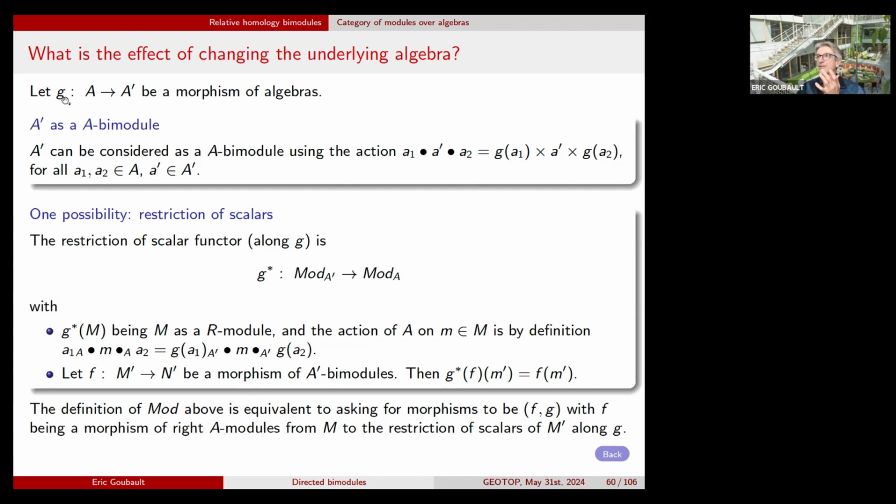And because G, of course, maps A to A prime, and M is an A prime module, you have these operations well defined in A prime, and then you can define this operation A just by, yeah, okay,